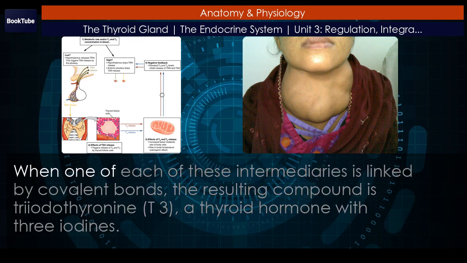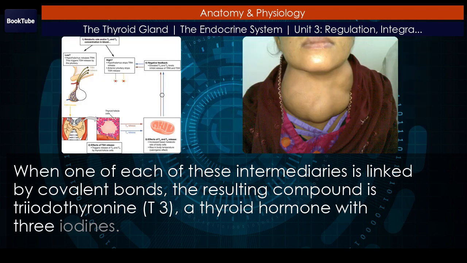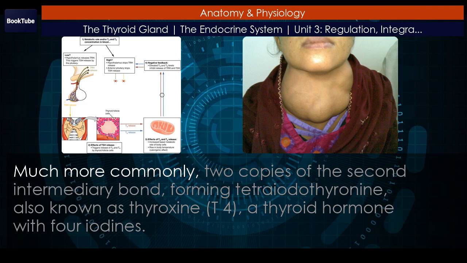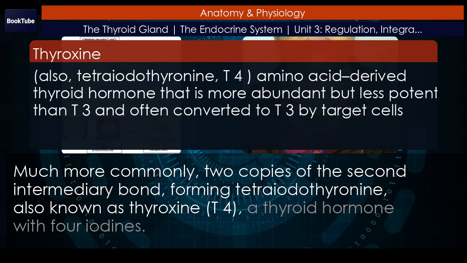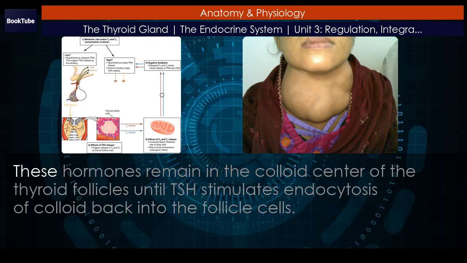When one of each of these intermediaries is linked by covalent bonds, the resulting compound is triiodothyronine, T3, a thyroid hormone with three iodines. Much more commonly, two copies of the second intermediary bond, forming tetraiodothyronine, also known as thyroxine, T4, a thyroid hormone with four iodines. These hormones remain in the colloid center of the thyroid follicles until TSH stimulates